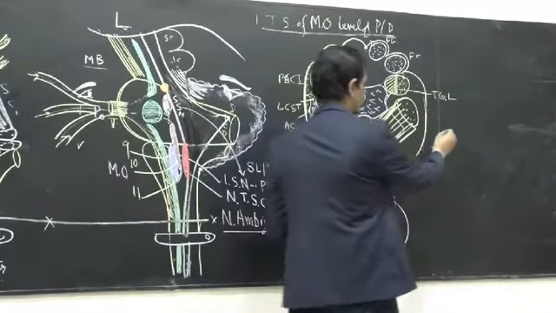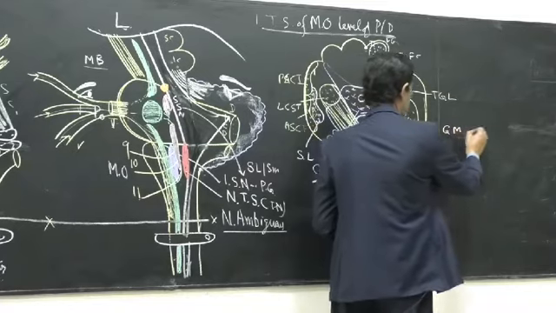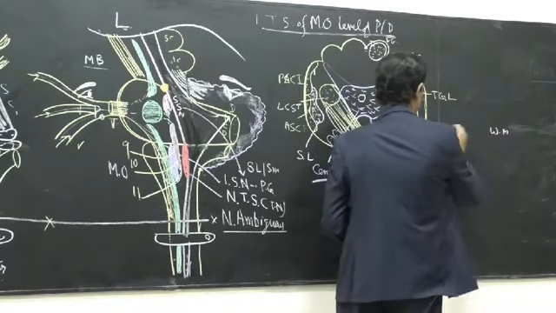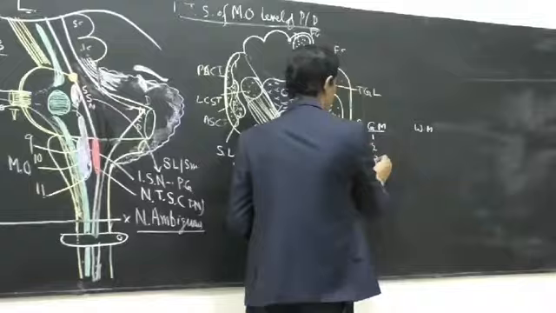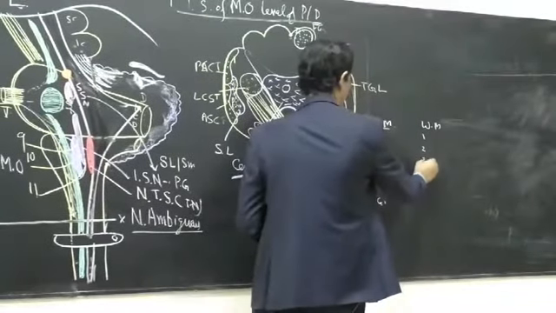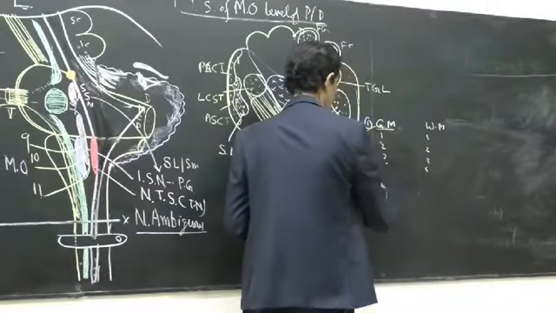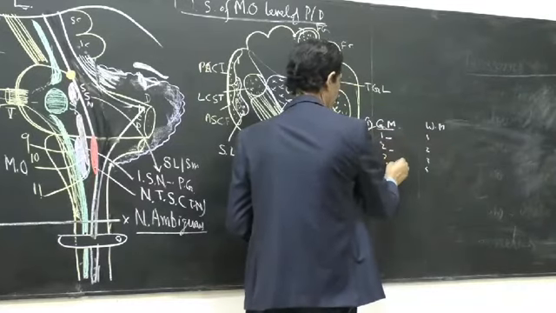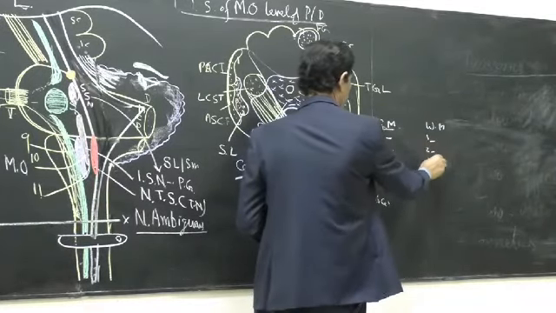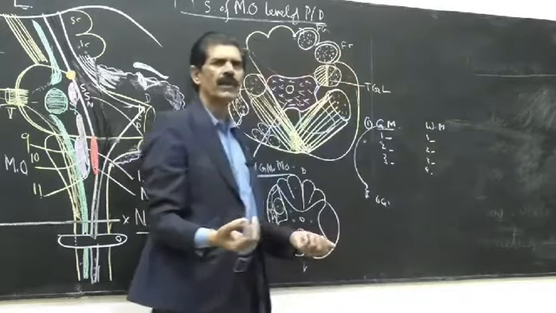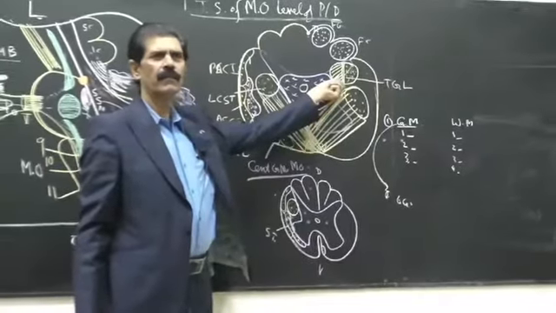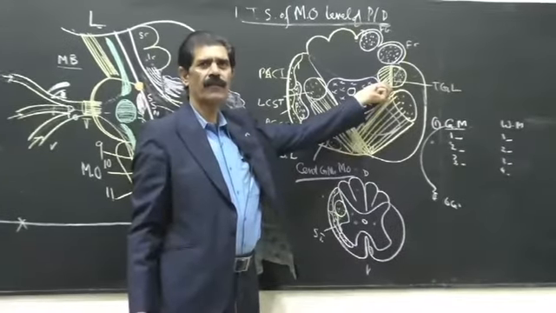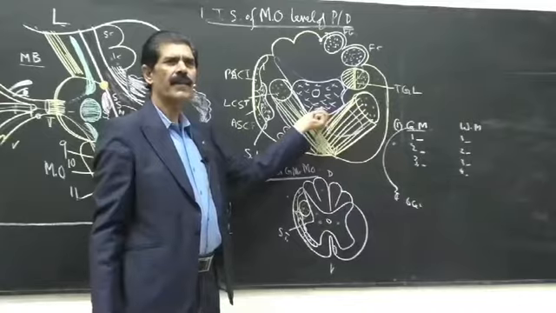After drawing this, you make two headings: gray matter and white matter. First attempt the gray matter, then the white matter. First enumerate what is seen as the gray matter and what is seen as the white matter. Then you take the gray matter first, explain every part, then the white matter, explain every part. So what is the gray matter here? Number one, nucleus of the trigeminal. Then central gray matter.